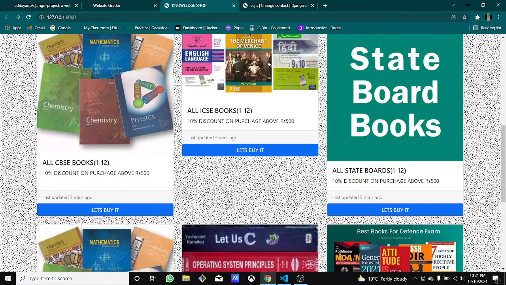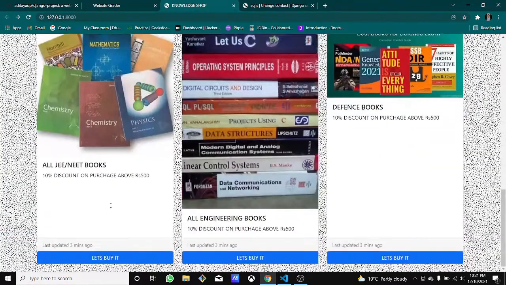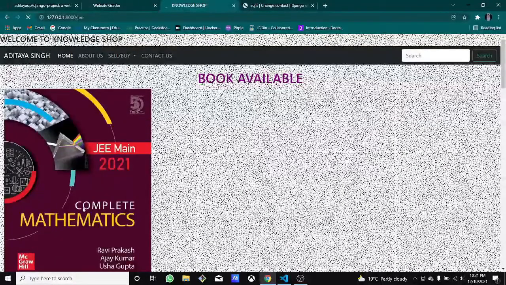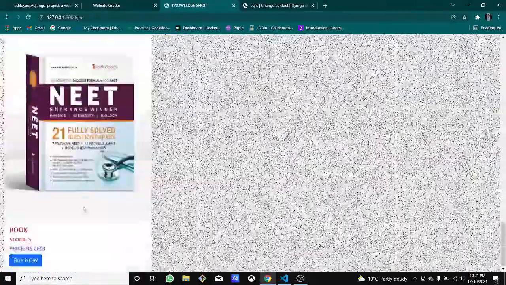So suppose we want to buy, let's say, J-Main's book or something like that. First of all, these are all the books that are available in stock with us. You can see the stock and the price of the particular book.